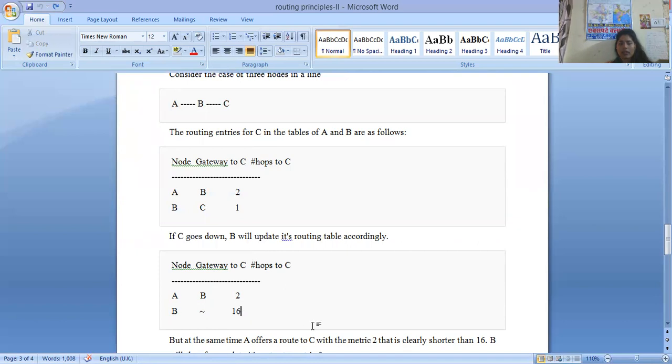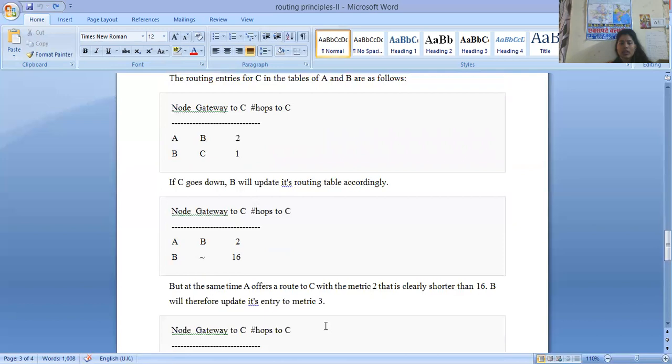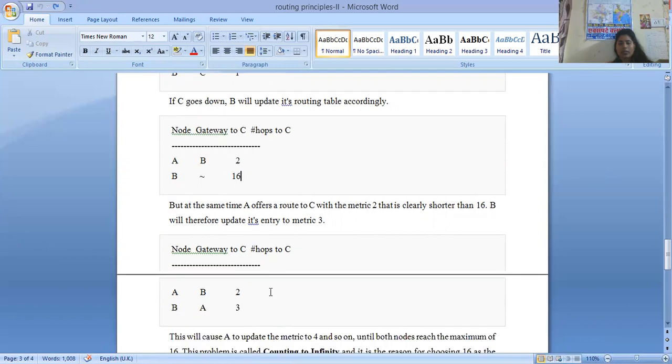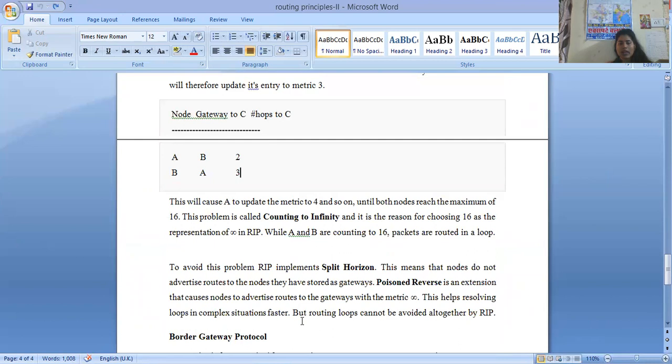Okay, but at the same time A offers a route to C with the metric 2 that is clearly shorter than the 16. So B will therefore update its entry to metric 3. Now, the gateway to C will be what, and the port to C will be A to B is 2, but B to A is 3. Okay, so this will cause A to update the metric to 4